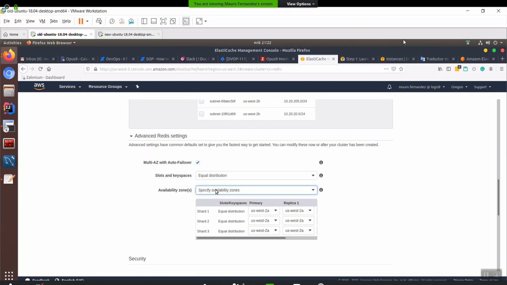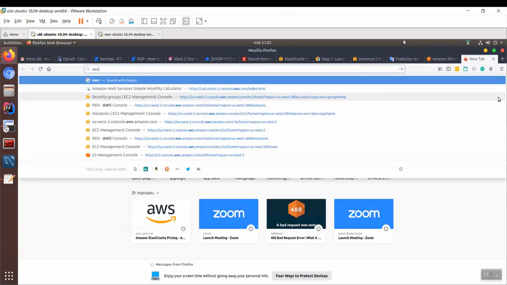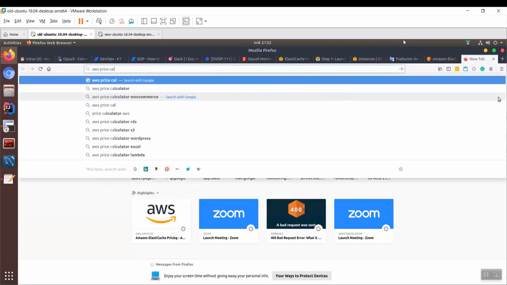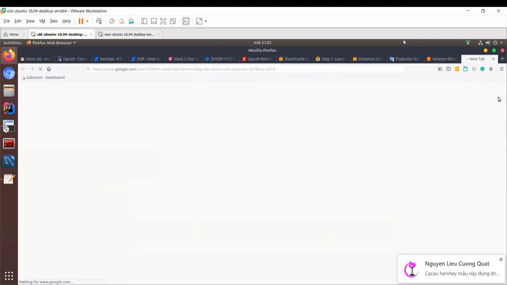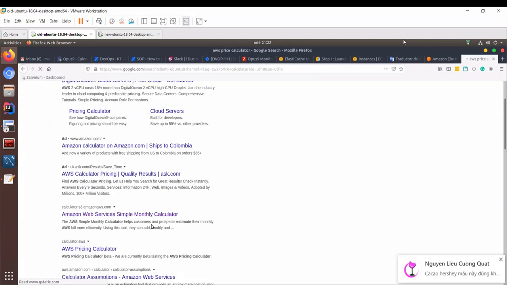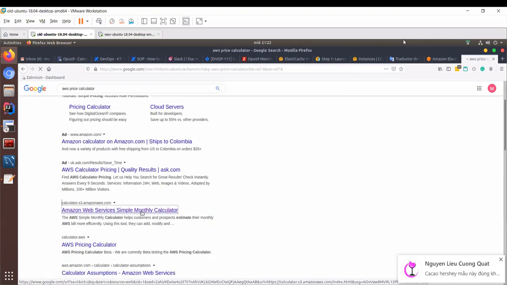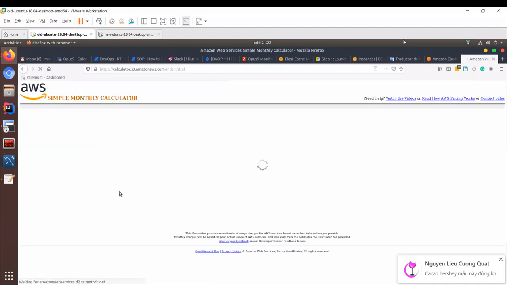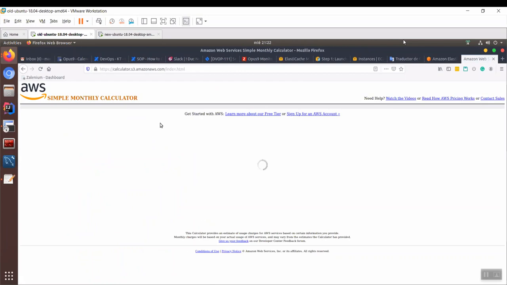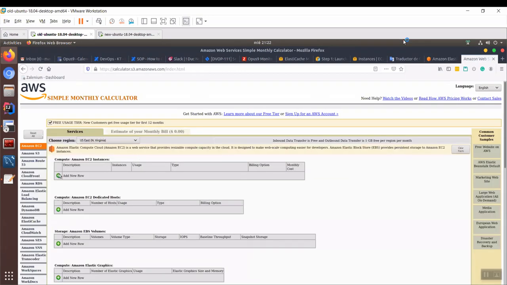So also check the cost of having two availability zones. There is an AWS price calculator. So take a look at that and see how it works. Simple Monthly Calculator. Use this one to do the monthly cost estimation.